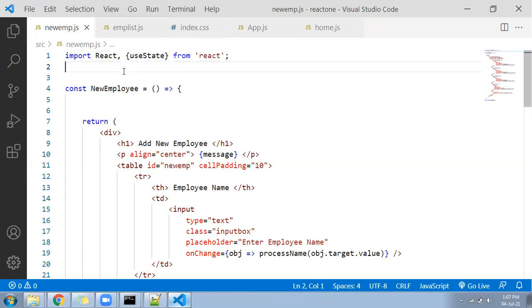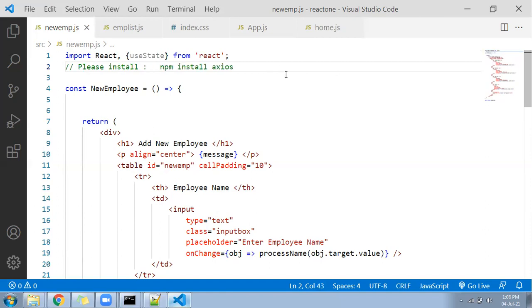Now after that you need to install this command. Please go to your cmd and run npm install axios. Please install this one.